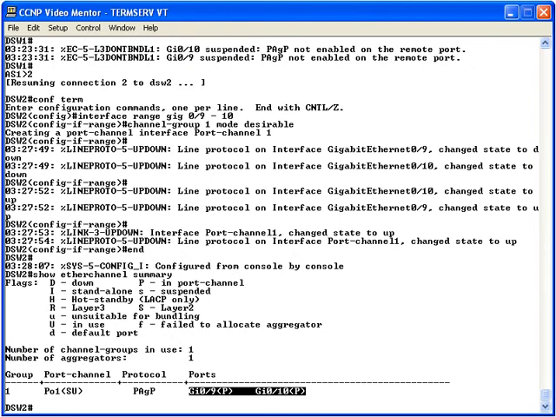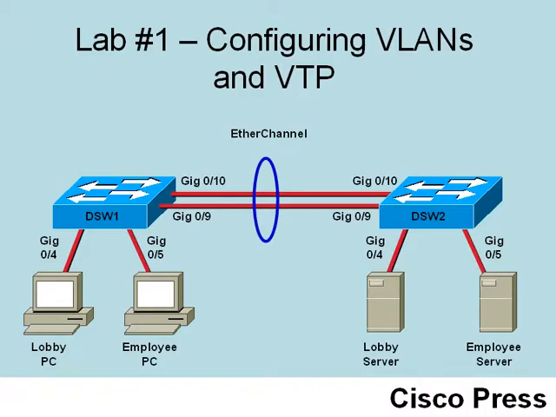Now that the EtherChannel is up, our next step is to configure a trunk across this EtherChannel connection. Let's talk about how to do that. Now that we have an EtherChannel created, the next thing we want to do is to create a trunk across that EtherChannel. And a trunk is a connection that is able to carry traffic for more than one VLAN. And therefore, since we're going to be carrying traffic potentially for multiple VLANs, an EtherChannel is oftentimes a great choice for a place to create a trunk, because an EtherChannel gives us extra bandwidth to accommodate the traffic from all